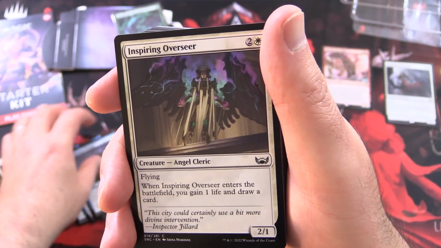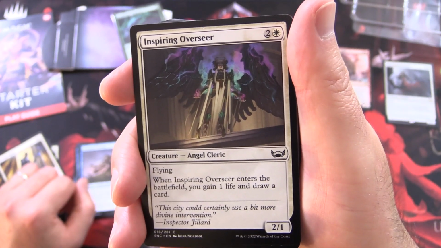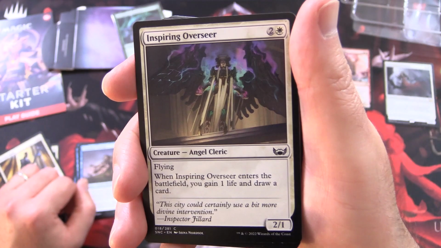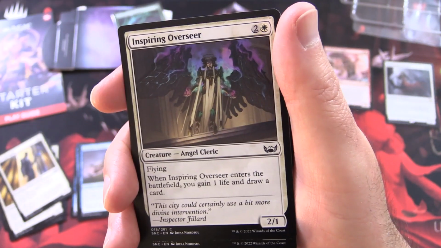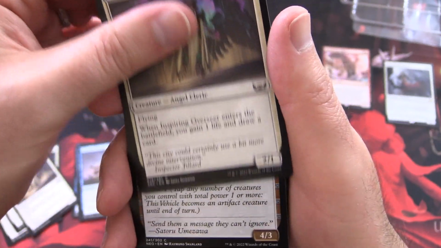Okay, so 4 cards is a complete playset. Inspiring Overseer, Creature Angel Cleric, 2/1 for 3 with flying. So when it enters battlefield, you gain 1 life and draw a card. Okay, so we have some flying creatures. That's cool. So 2 of those,